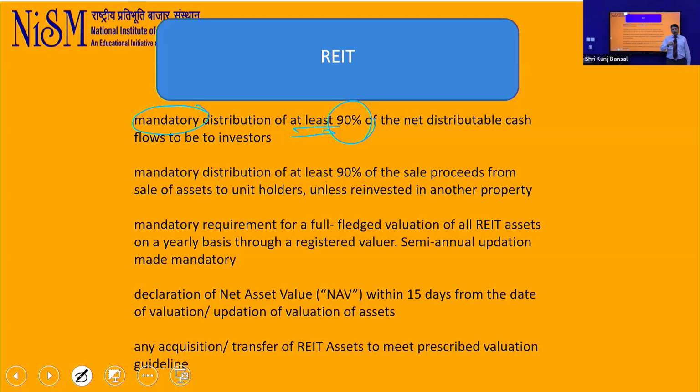Now, what happens when a REIT sells? When a REIT buys an asset which is income generating, it can take a call, as we said, with a professionally managed team, and sell the asset also. There can be many reasons: the asset's income generation capacity has reduced and the rate of return has come down, or it has found another asset giving a much higher return, so it needs money. It can raise money again from the public. REITs are allowed to borrow also, up to a certain extent. But they might want to sell a non-performing or even a performing asset, and when they sell, they generate money. What is it that they have to do with that money? Anybody quickly type in, although the answer is already here.